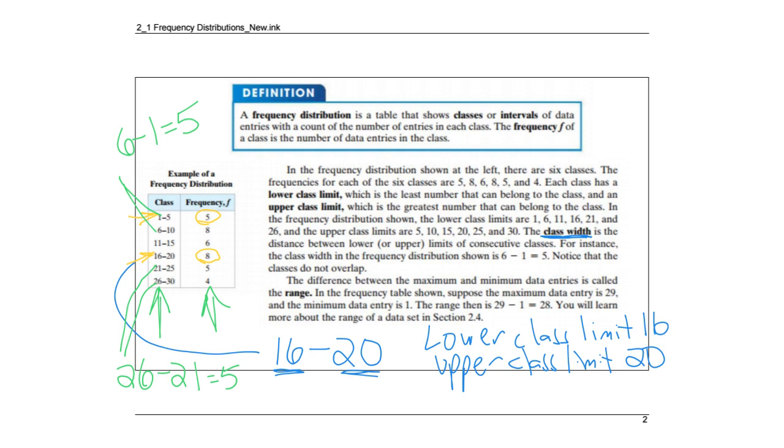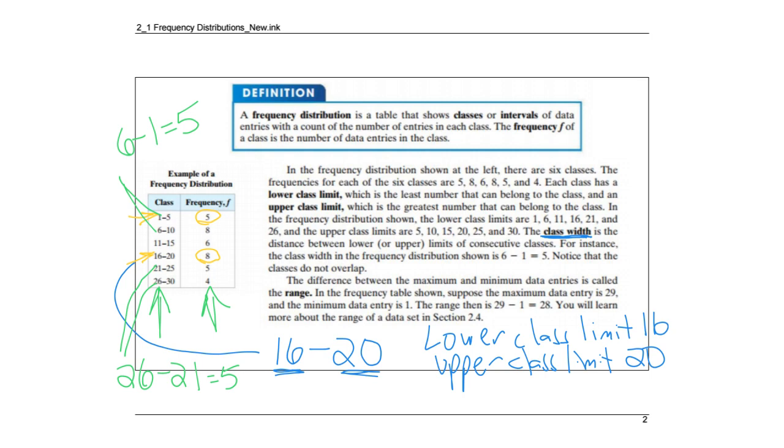All right, and then we have the range. So the range is where we actually look at the data. We have to actually see the raw data to find the range. We're going to take the largest number and subtract the smallest number. So this is just a quick intro. We're going to do some problems together and we're going to